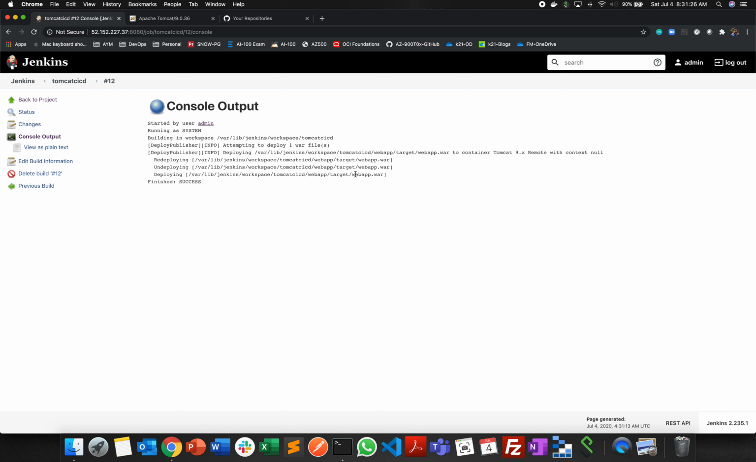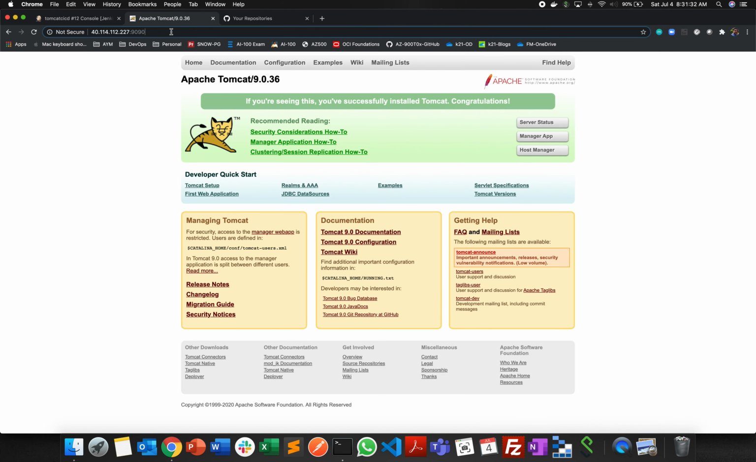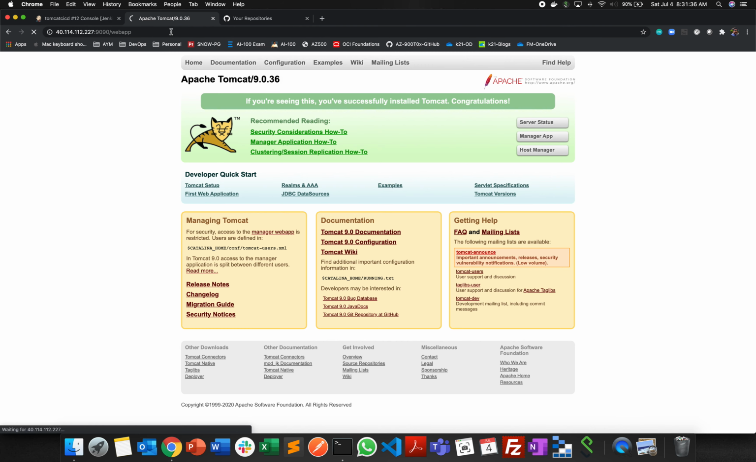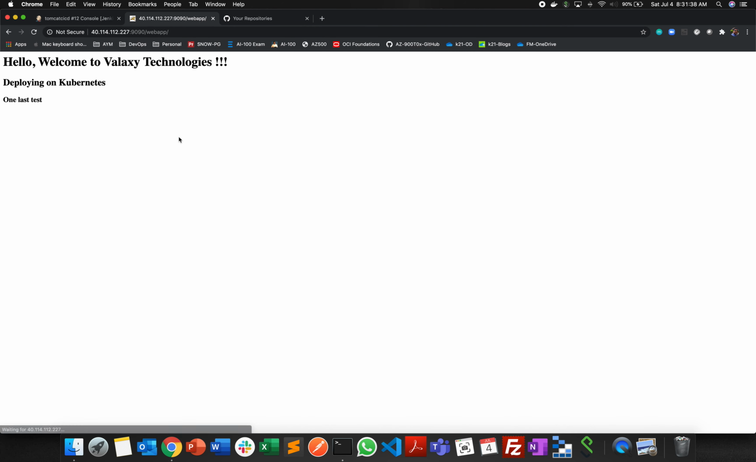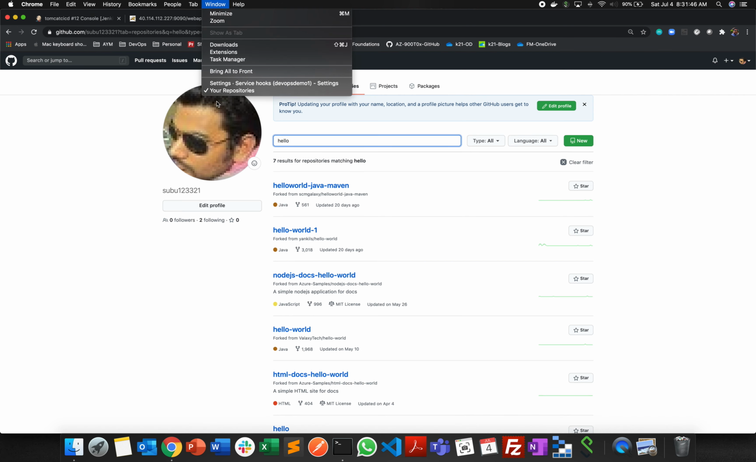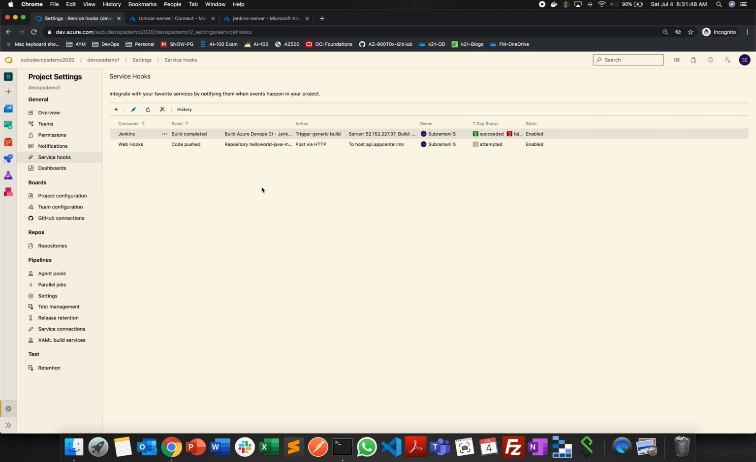And how do I go there? This is going to be my war file name. So I'm copying the war file name, I'm going to this Tomcat container, I'm giving /webapp, which is going to be my application name, and when I click on enter, I can see, boom, my web app is created, my web app is deployed. So this is an option which we are trying to do, CI in Azure DevOps and